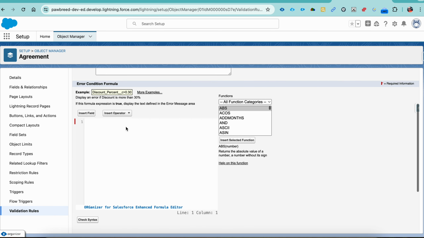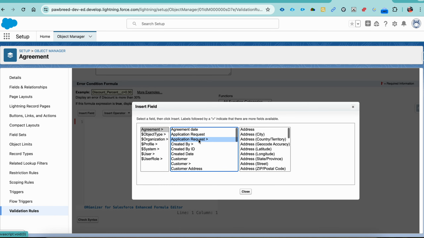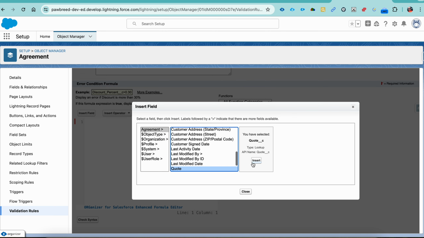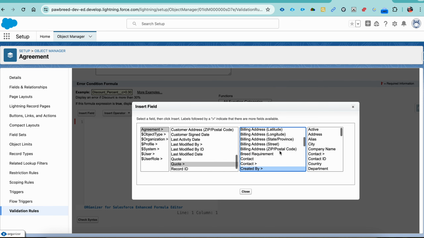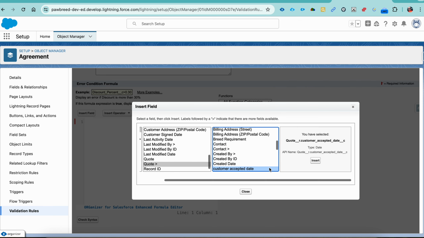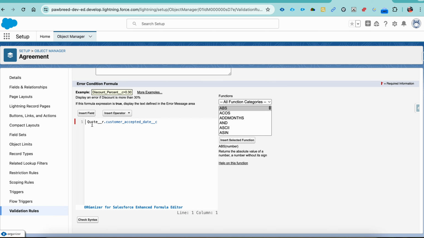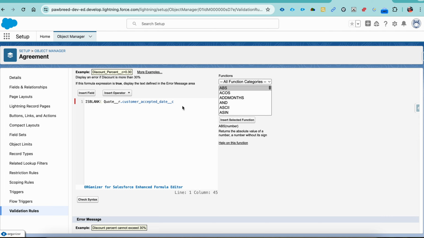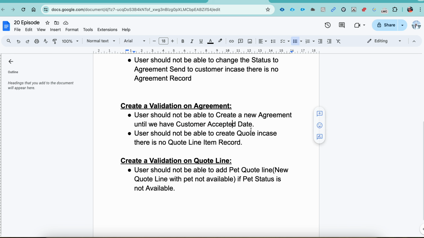So in this scenario we need to check whether my customer accepted date is blank, and my record is a new record, meaning my code is a new code, then throw an error message, right? Copy this one